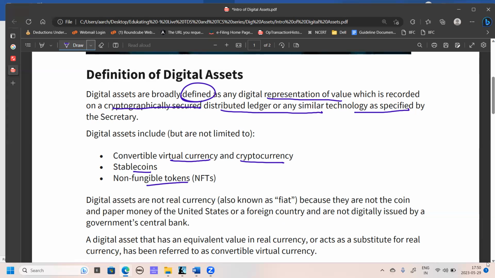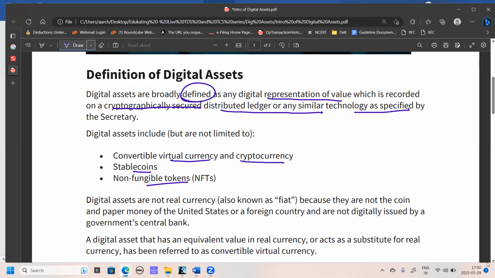And on those assets, you need to pay income tax or GST or the respective provision of law applicable. Here, the digital assets are not real currencies. You can say these are not fiat currencies, fiat money, because they are not coins. These are not paper money. You cannot see them physically. They are just available virtually. You can keep track of how much you spend and how much you earn in the form of numbers on your respective devices, but there is no physical form of this money or currency.